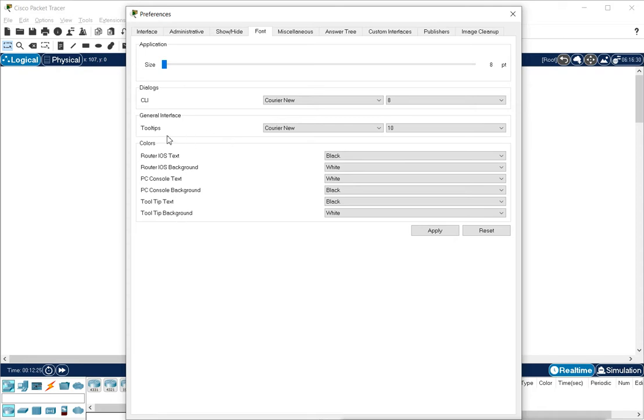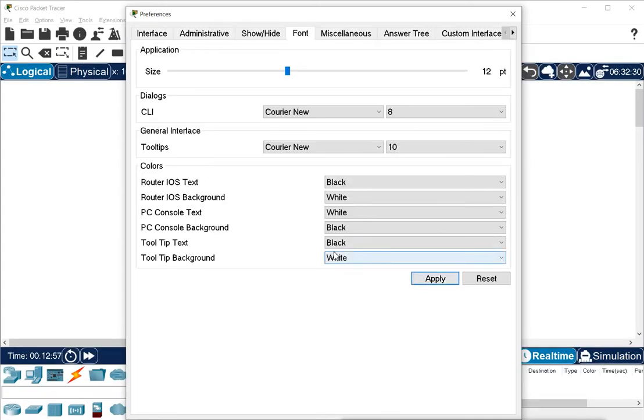First is the option for the application, that is, these icons. It is showing 8 points, so I will increase it first. Let's go with 16. I'll go with 12 first, and I say apply.